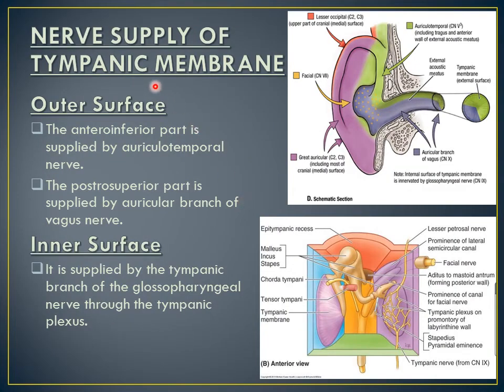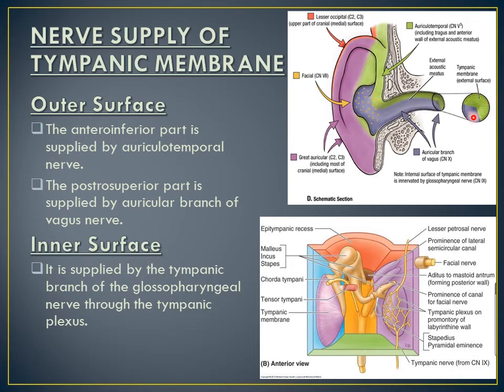Nerve supply of the tympanic membrane. As you already know, the tympanic membrane is placed obliquely at the junction of the external acoustic meatus and the middle ear cavity. So the outer surface, which faces towards the external acoustic meatus, its antero-inferior part, which is close to the anterior wall and roof of the external acoustic meatus, is supplied by the auriculotemporal nerve, while its posterior-superior